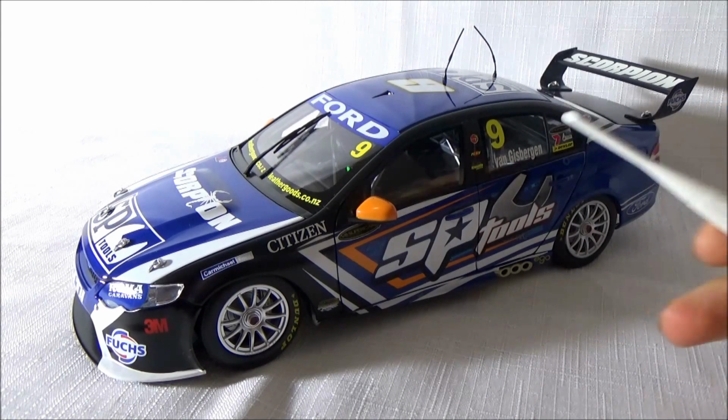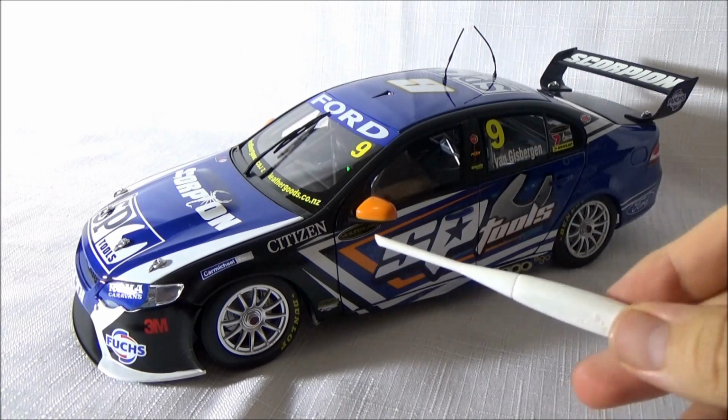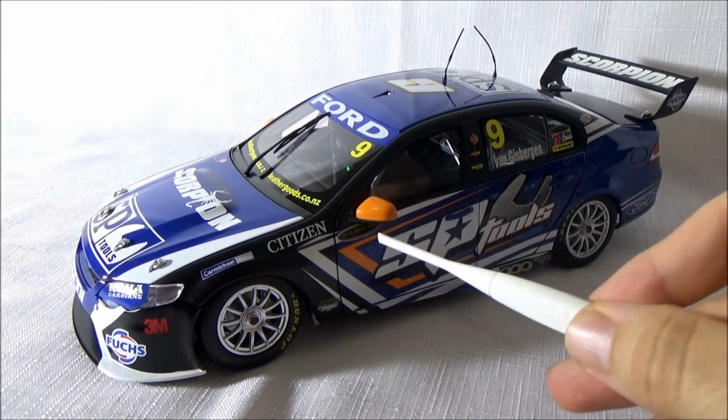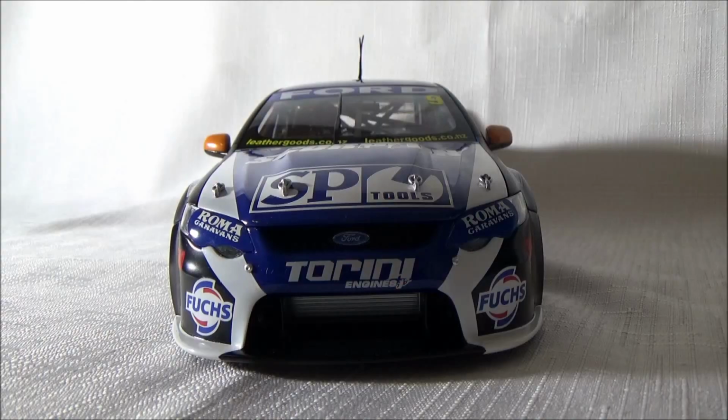Now this car model here is actually not the Hamilton race winning car. This is just the car that SBR ran for 2011. The Hamilton car had a few differences from this car. It might have just had a different logo for the event, and a couple of other differences. As always with the review of the details, we'll start off at the front of the car and work our way around. So starting off at the front,